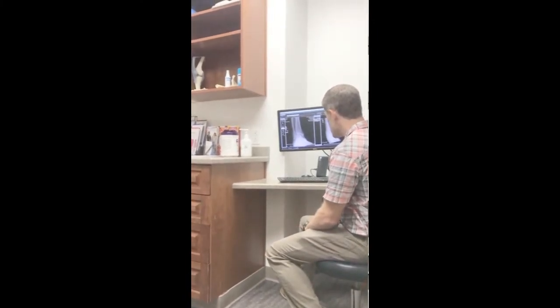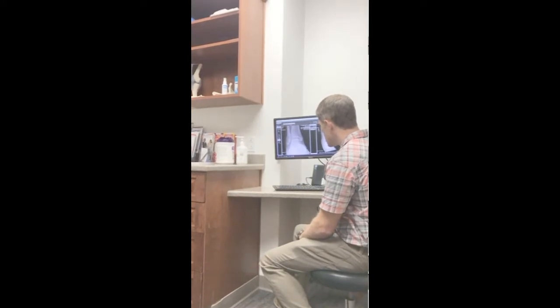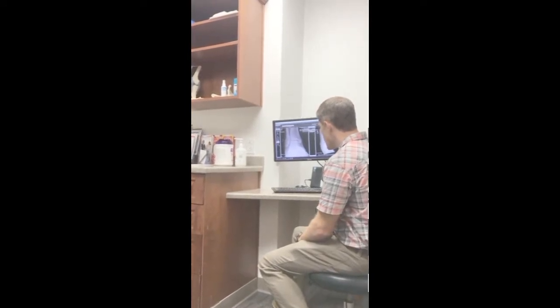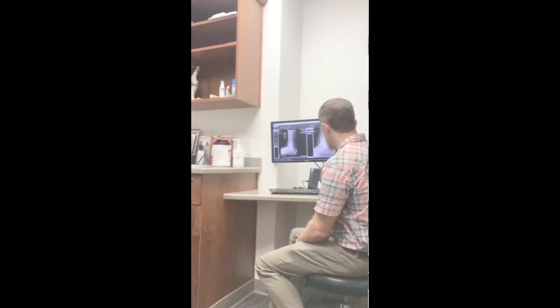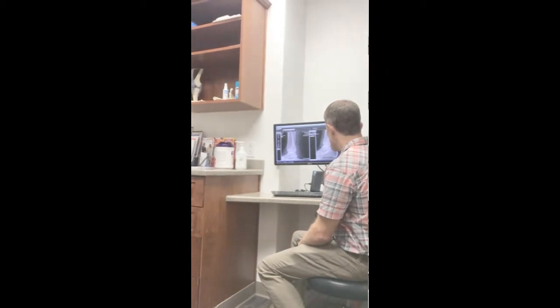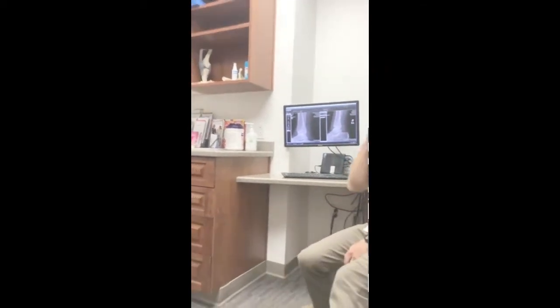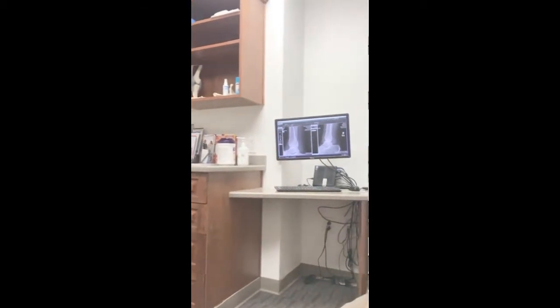So this is that view there. It didn't seem to really change anything on that view, but when they do that gravity stress, you see how that moves significantly there? Yeah. So I'm concerned that with that movement there, this is something that we may need to have the surgeon fix, okay? Okay. So what I'm going to have to do is get on the phone with them and have them take a look at this and then tell me what they recommend, okay? But I anticipate that's probably...